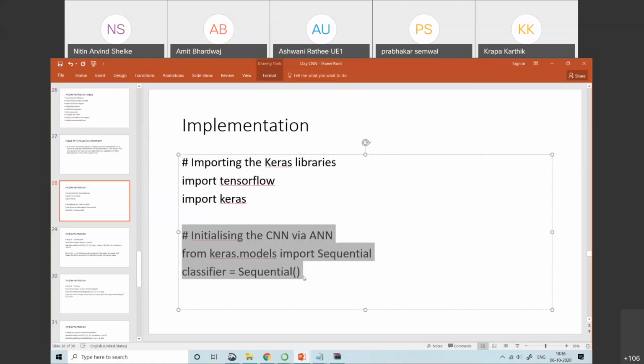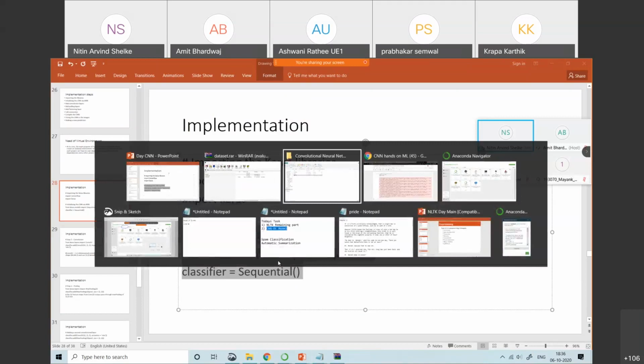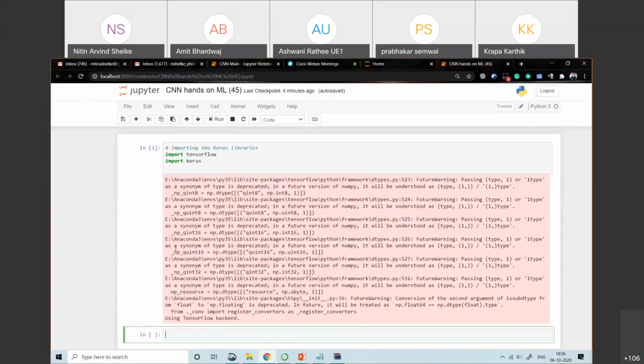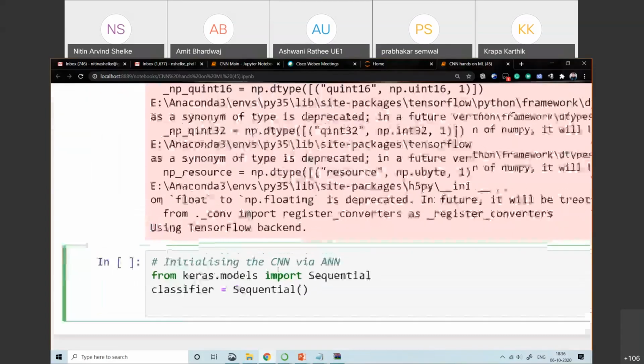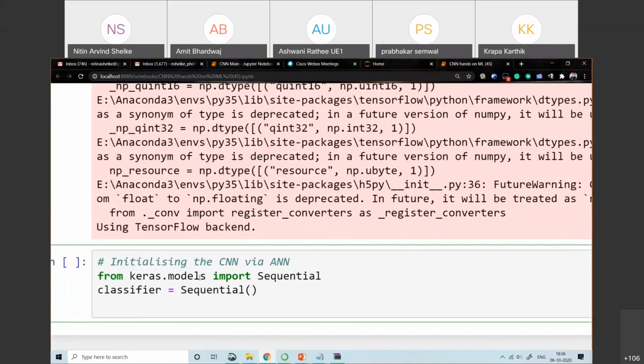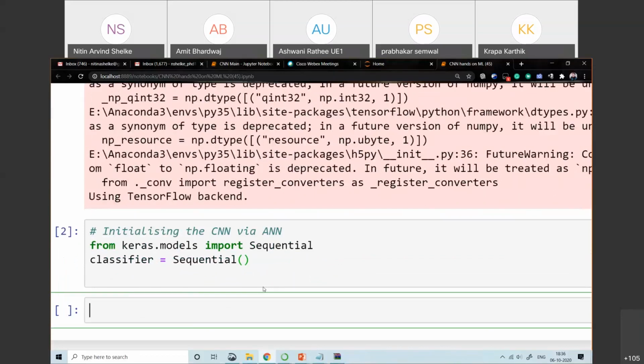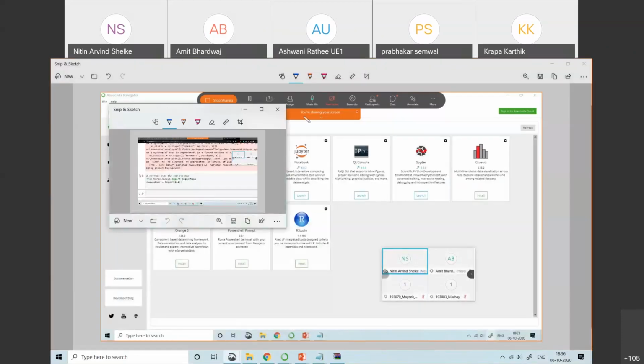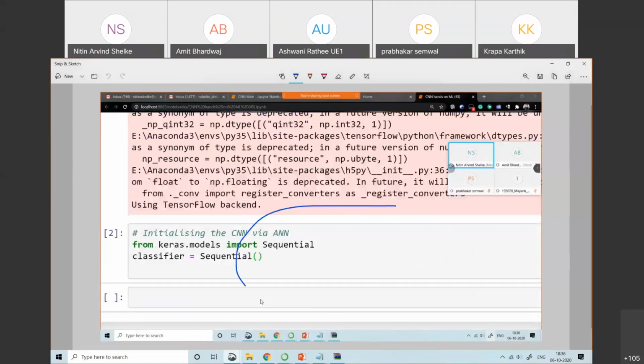Initializing the CNN via ANN is a simple line: from keras.models we import the Sequential class, then we create the object of this class. Sequential, and your ANN model is initialized. This is your ANN.